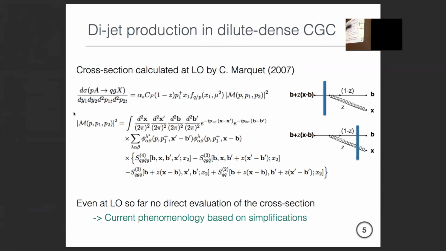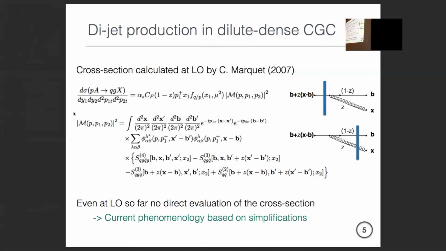The difficult part about this is that if you have the quark-gluon projectile both in the amplitude and the conjugate amplitude, you essentially pick up a rather high correlation function of the fields in the target, which in this case would be something like a 6 Wilson line correlator. And it turns out that even though this was calculated 10 years ago, nobody has actually used this to ever calculate a dijet cross section.